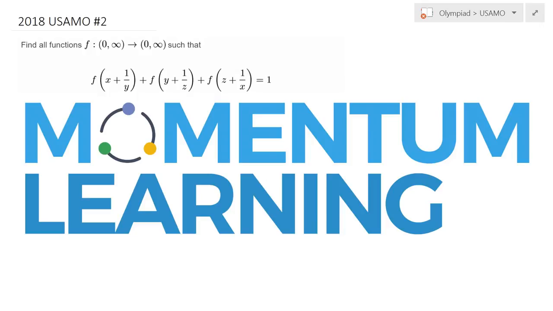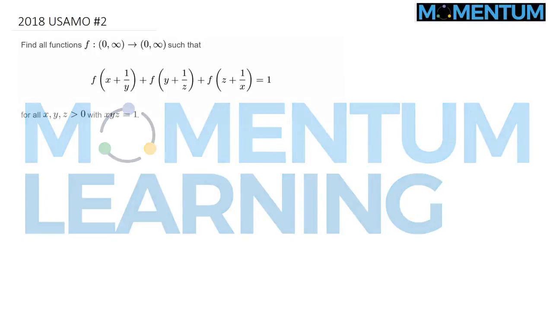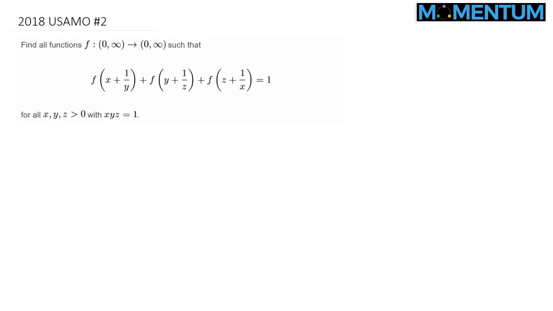This is 2018 USAMO problem number 2, and here is a view of this functional equation problem. We would like to find all functions defined on the positive reals, onto the positive reals, such that these functions satisfy this functional equation where x, y, and z are positive, and they satisfy this condition x times y times